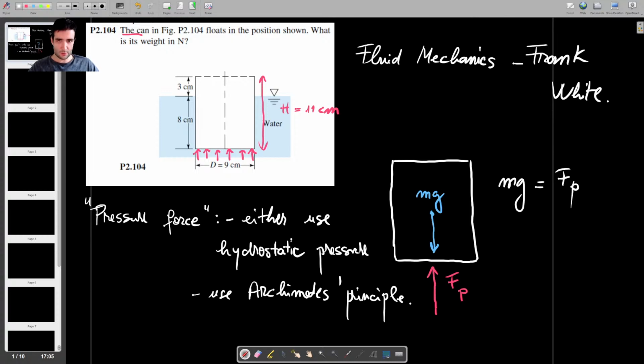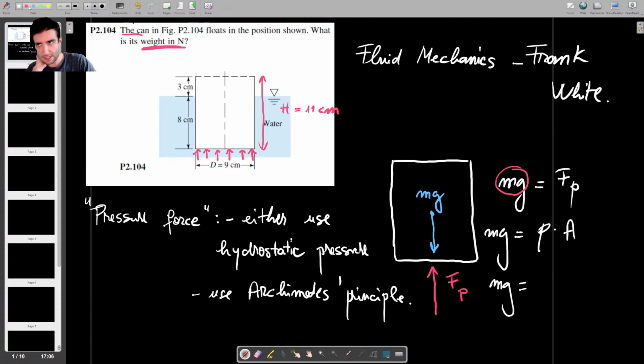And now we just have to figure out the things that we know. So this problem is asking us about the weight. The weight is essentially the left-hand side of this equality, which we don't know yet. But we can say that weight is equal to Fp, the force due to the pressure that is acting at the bottom of the can. So that's going to be the pressure multiplied by the area. So mg is going to be equal to the pressure